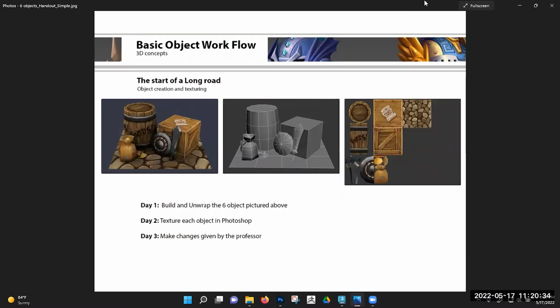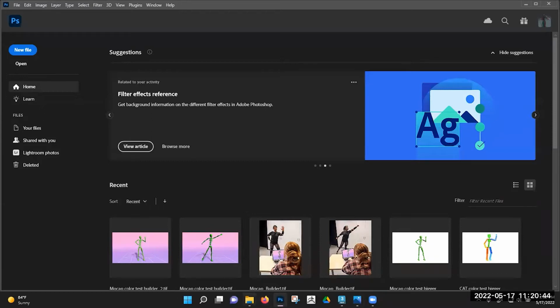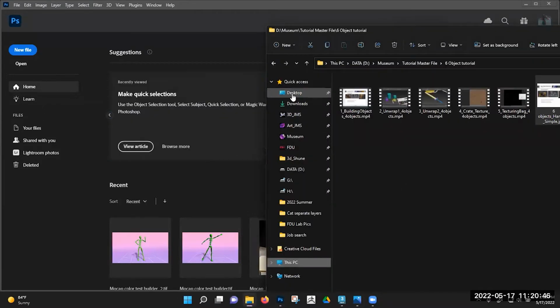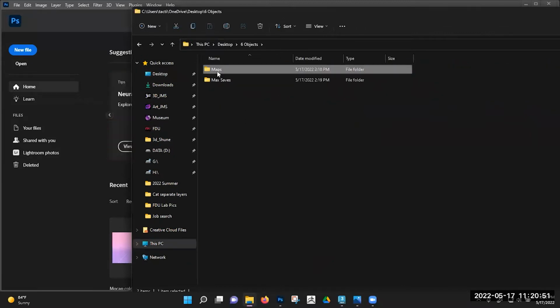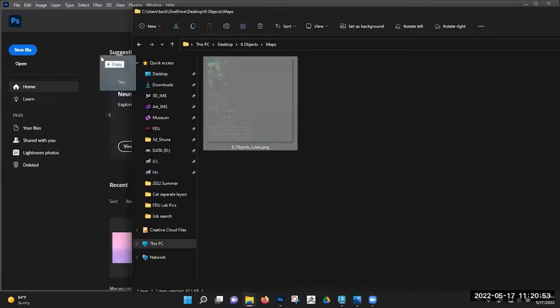Okay, we're back for texturing these 6 objects inside of Photoshop. We built them, and then we unwrapped them, and now we're going to be texturing them. I'm going to open up Photoshop, and I'm going to go to my folder I made, 6 objects. I'm going to drag in my lines like this,